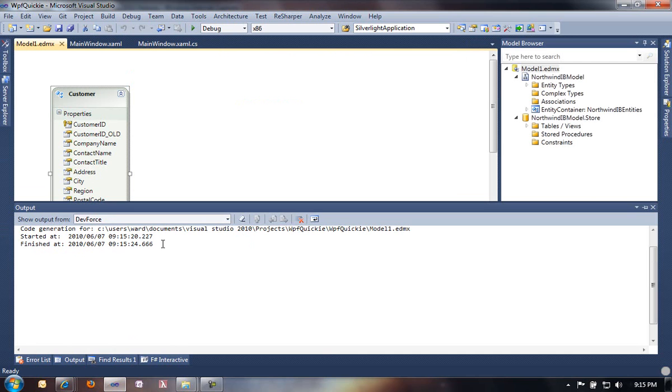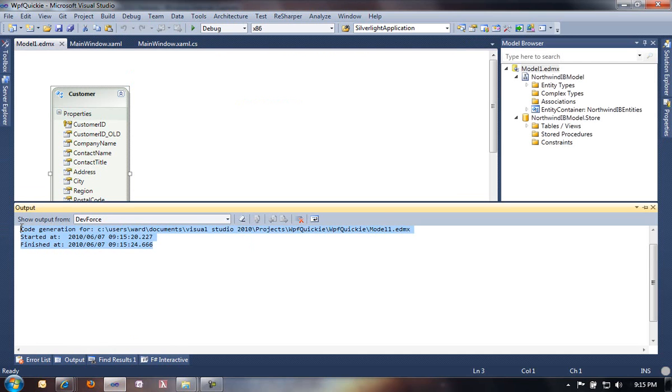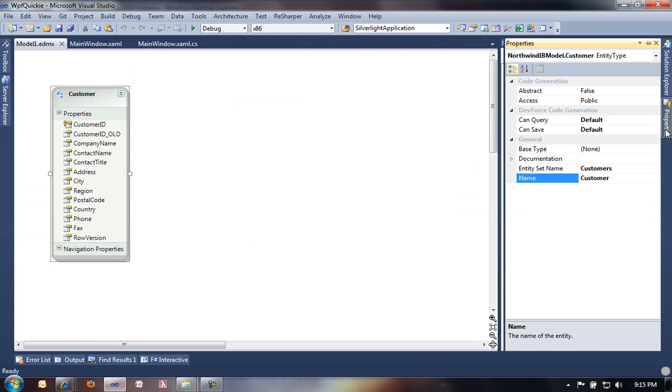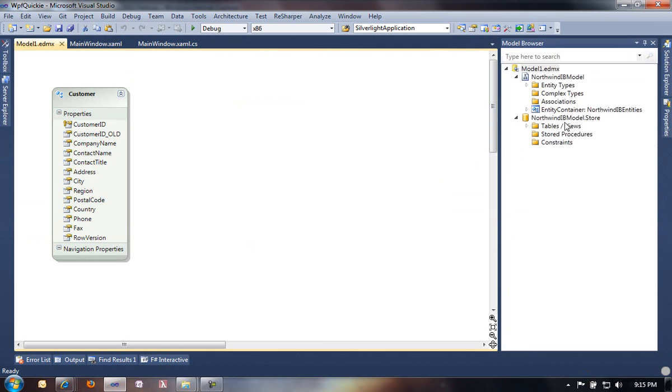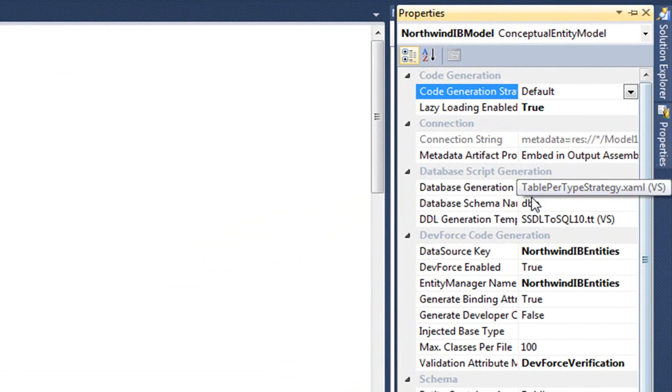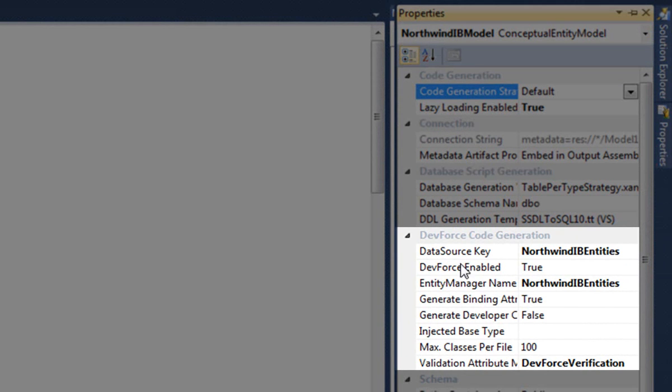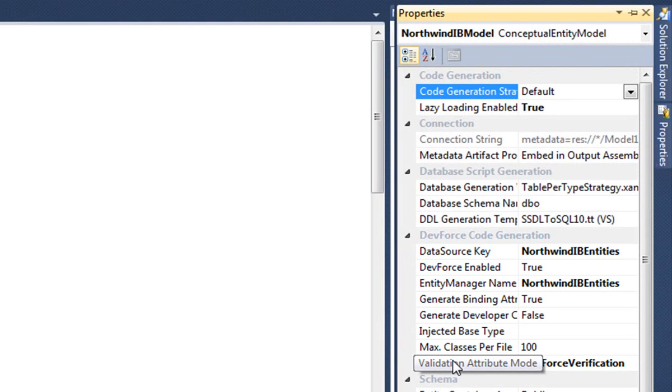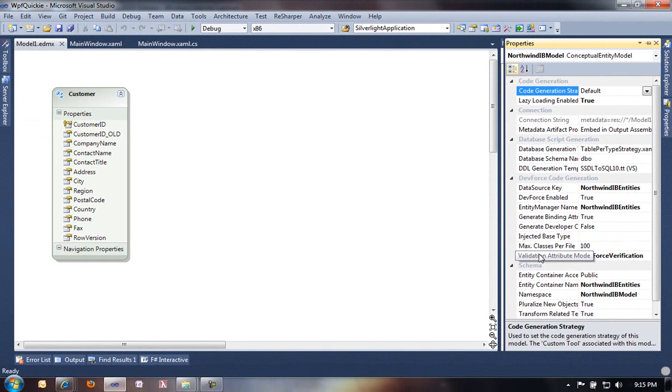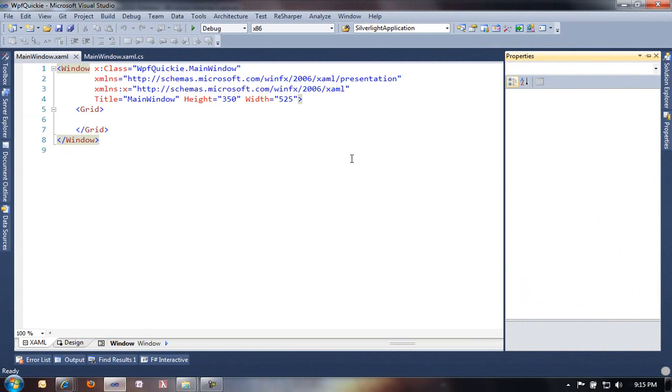Notice that DevForce did some code generation for us even before we saw the Entity Framework designer show up. And if we click the canvas, and then look in the properties, we'll see that there's a DevForce code generation section. The DevForce object mapper is integrated right into the Entity Framework designer, and we're writing our attributes right into the same EDMX, sharing it with Entity Framework itself. You could go on to elaborate this model here or come back later and do it, but we're done for